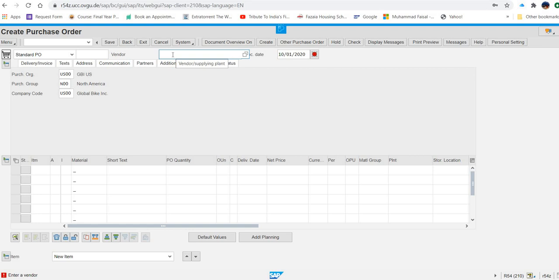Mostly people put the vendor number here. No, this is wrong. This gives you an error. It is a little bit confusing, but make sure when you are entering the vendor, you enter it here. They are saying you have to search the vendor, and for that you have to put your 3-digit GBI number. They are asking to enter triple hash.